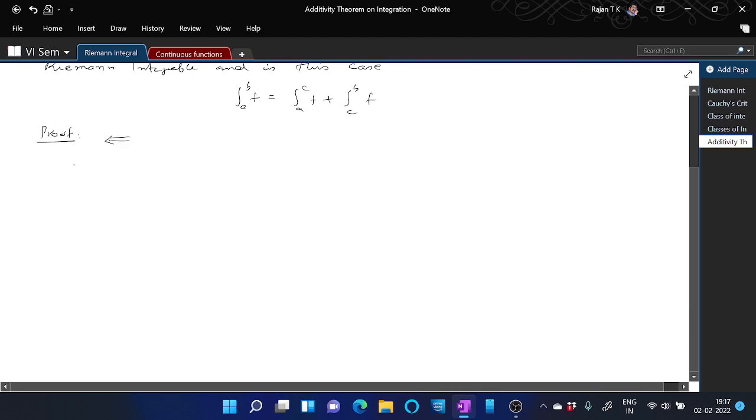So let the restrictions of f to [a,c] and [c,b] be Riemann integrable,